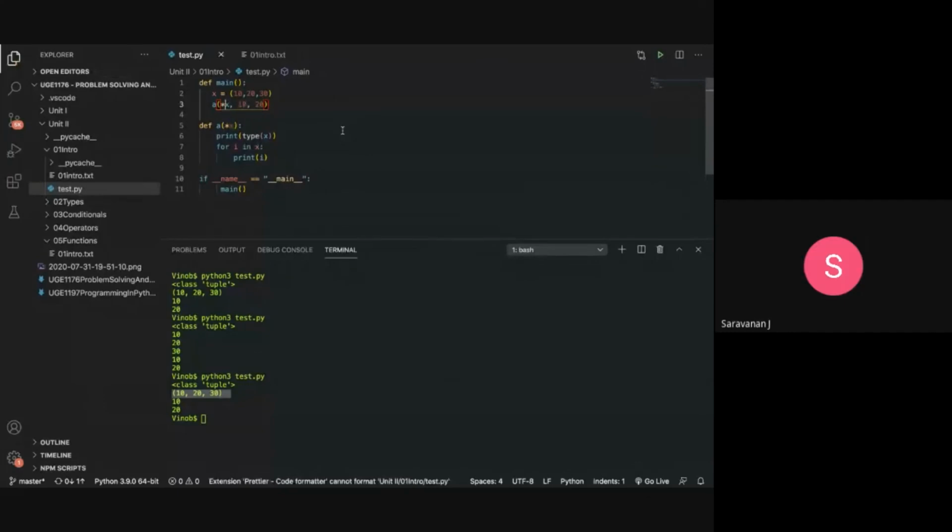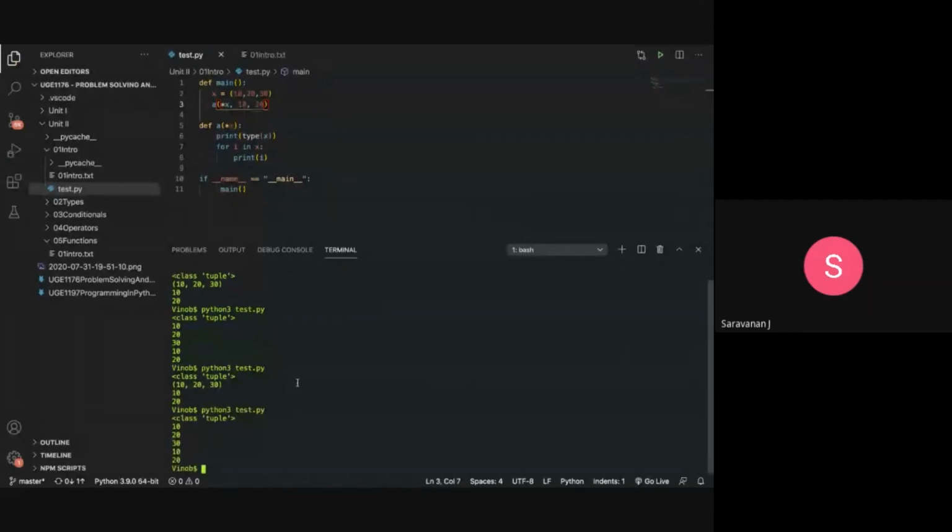So what is actually happening? Can you explain that? No, when you want to have the values in the container printed in the definition, you pass star X. That is the notation. Sir, so if you use star X in the function call also, it is not stored as a tuple and just taken as arguments by value. Yeah, it is passed as arguments by value. If this is a tuple; if this was a list, it is passed as a reference. Okay, sir.